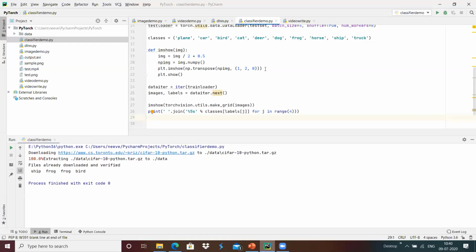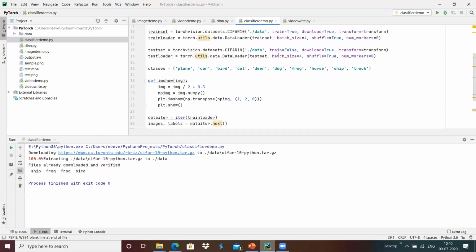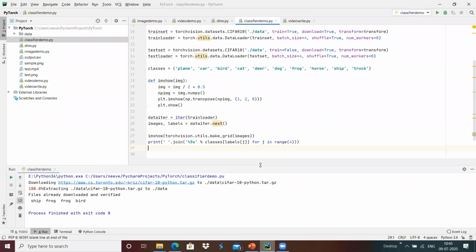This is something like we just loaded the training data set and test data set into our classifier, and we just loaded those images into it. We loaded the images into the train loader and the test loader. Now we will define a network that will be trained with the training data set which has been loaded over here. That we will see over here. How can we define a network?